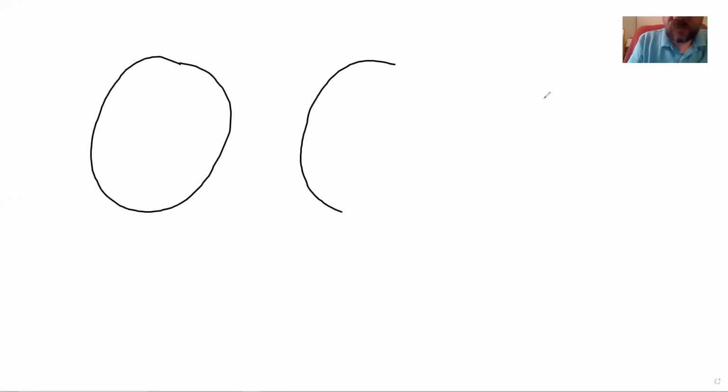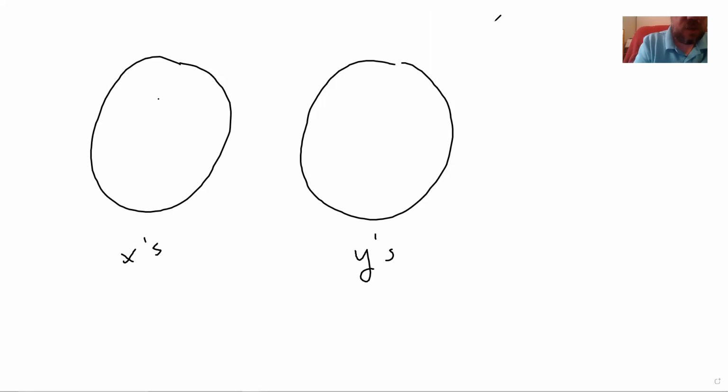As I said in the last topic, the key to finding the inverse of a function or relation is to switch the roles of x and y. So let me go ahead and draw the same picture I've been drawing the whole time. If I have these guys are x's and these are y's, then if I have an x here and I have a function that takes it over here,